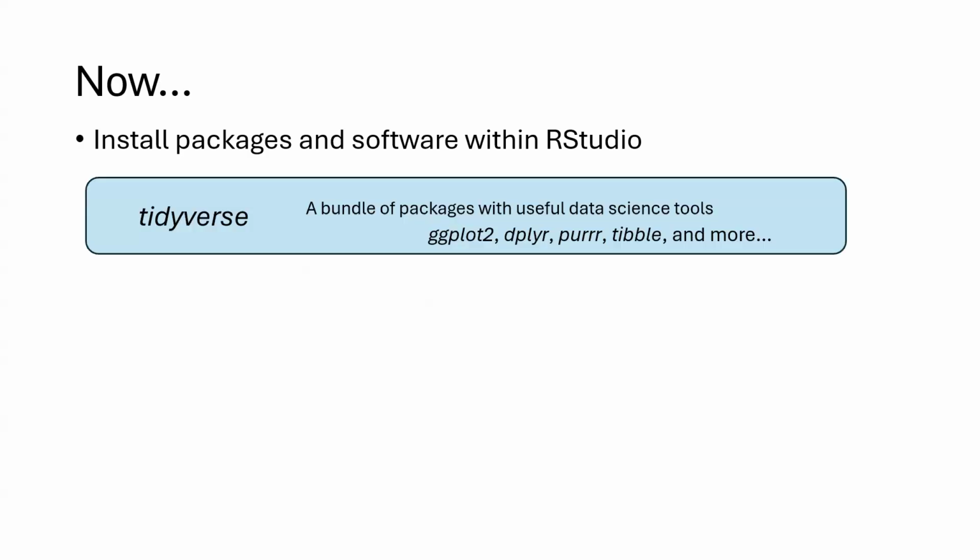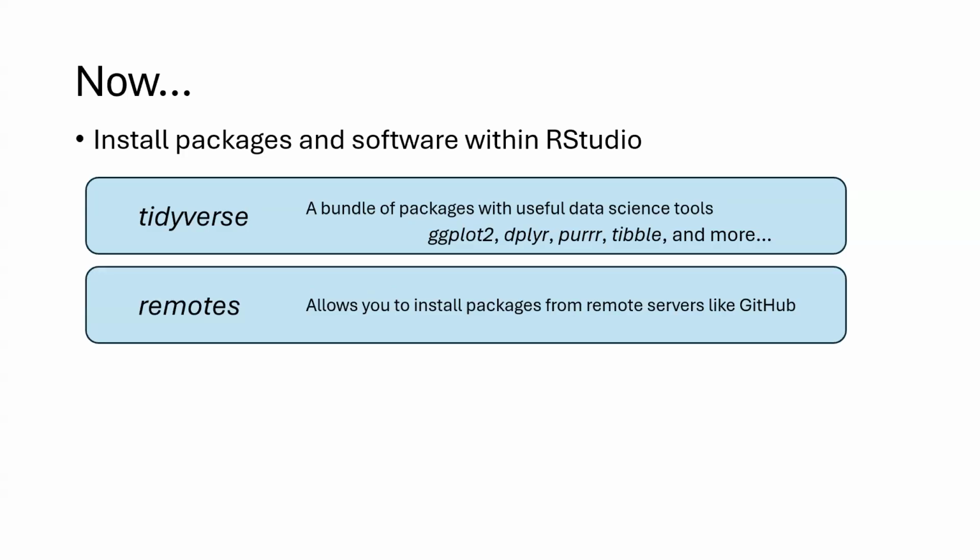So there's four things that are really necessary. So tidyverse is not directly connected to Bayesian data analysis, but it's a bundle of packages with lots of useful data science tools that are very widely used in many examples, including ggplot2 for making visuals, dplyr and purrr for manipulating data, etc. The package remotes allows you to install packages from other places that aren't controlled by CRAN, so